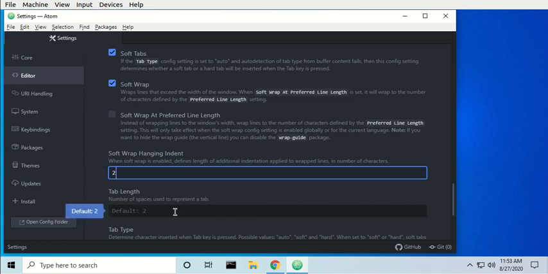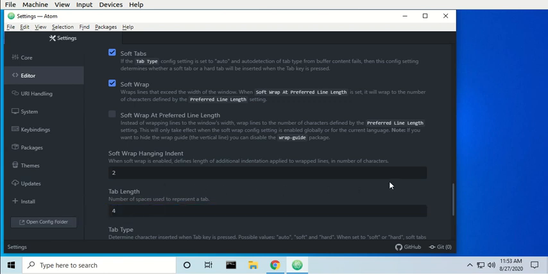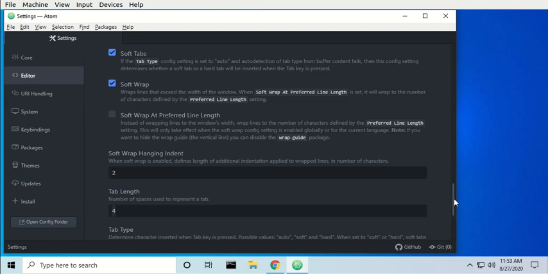Okay. Tab length, we want our default to be 4. That's the best setting for starting out programming. A lot of professionals use 2, but it's kind of hard to distinguish 2, especially when you're first starting out. So we're going to use 4, and it's a common indentation length. All right. So after that, we want to go to Packages